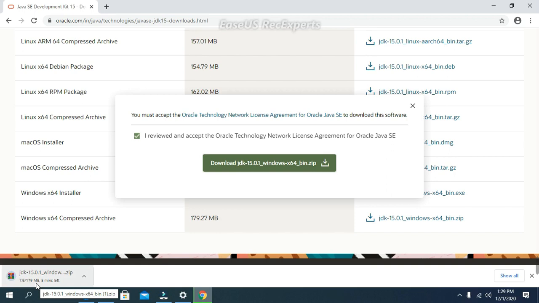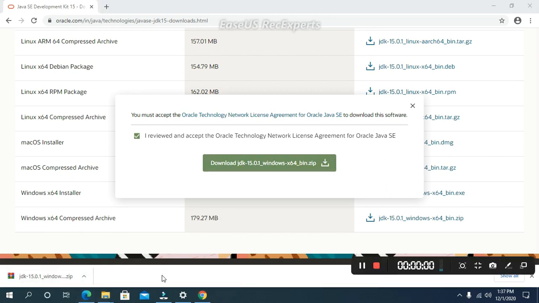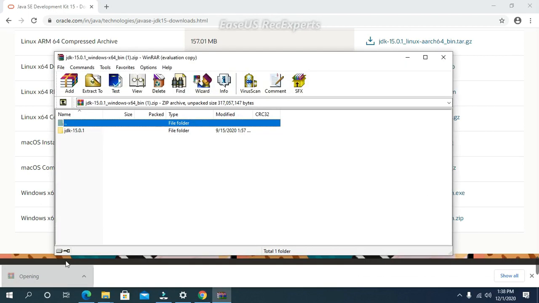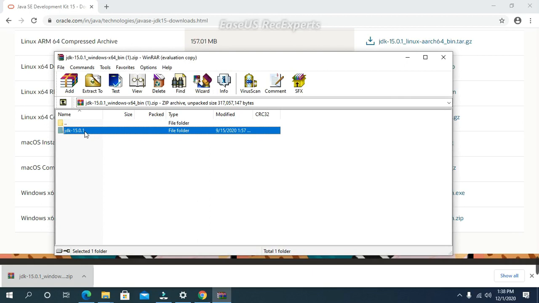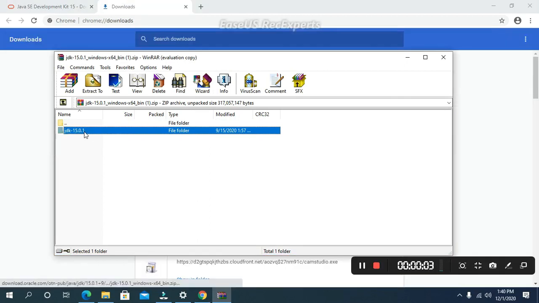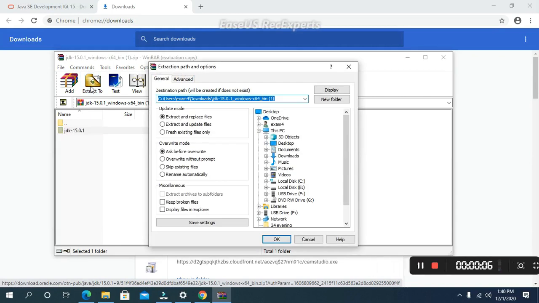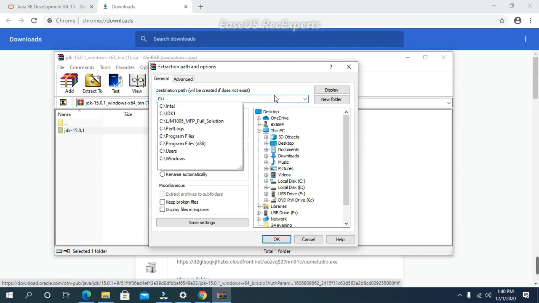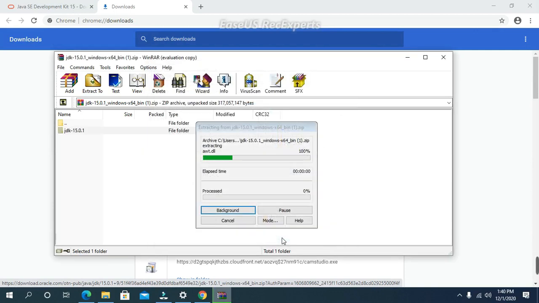So it is downloading. Once the file has completely downloaded, open the zip file and extract the files in the C drive. I'll write C drive over here and extract my files in the C drive. Now files are extracting. It will take some time.